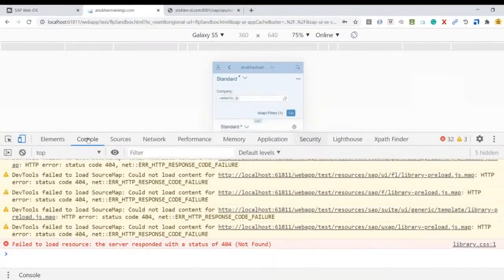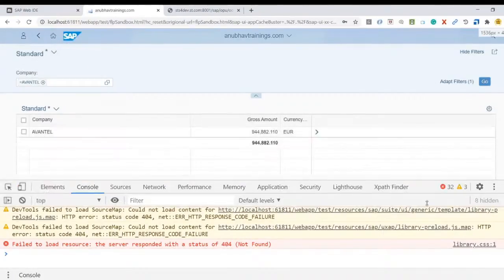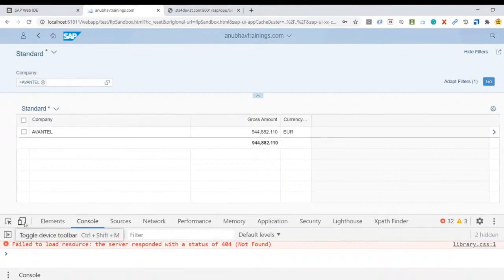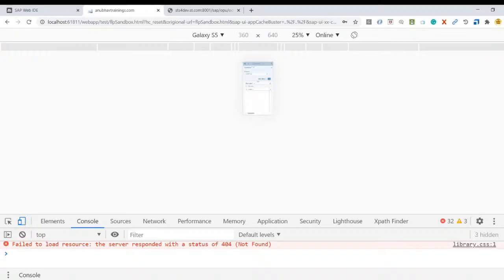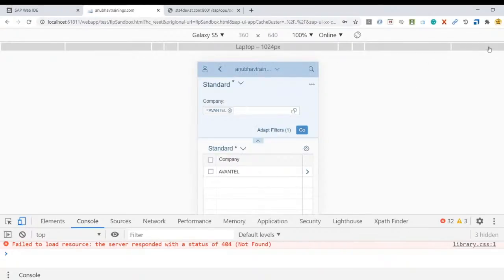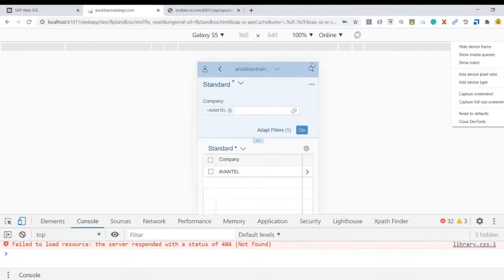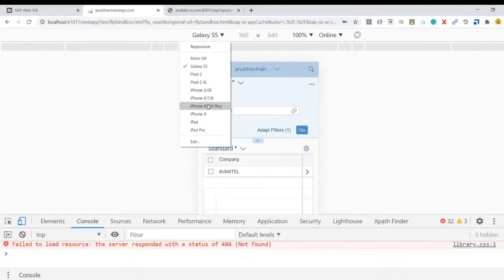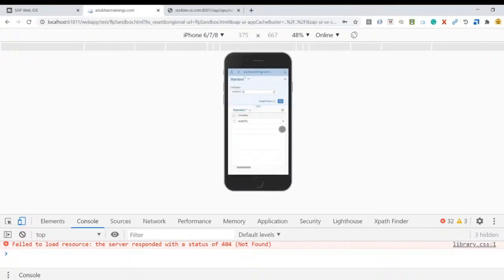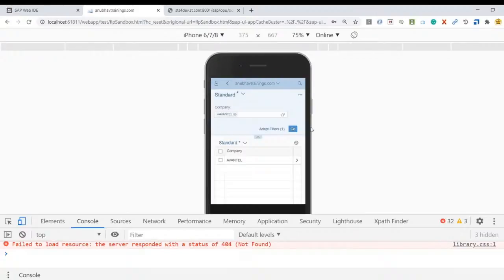I'm going to go back to my browser, and over here in my browser, I'm going to switch over to the device toolbar to see how this app would look if I run it on an iPhone or an iPad. So let me go ahead and add an iPhone here. And you see, this is how our app is going to auto adapt on an iPhone. That's a great advantage you get with this new Fiori user experience. So if I quickly remove this and say go,